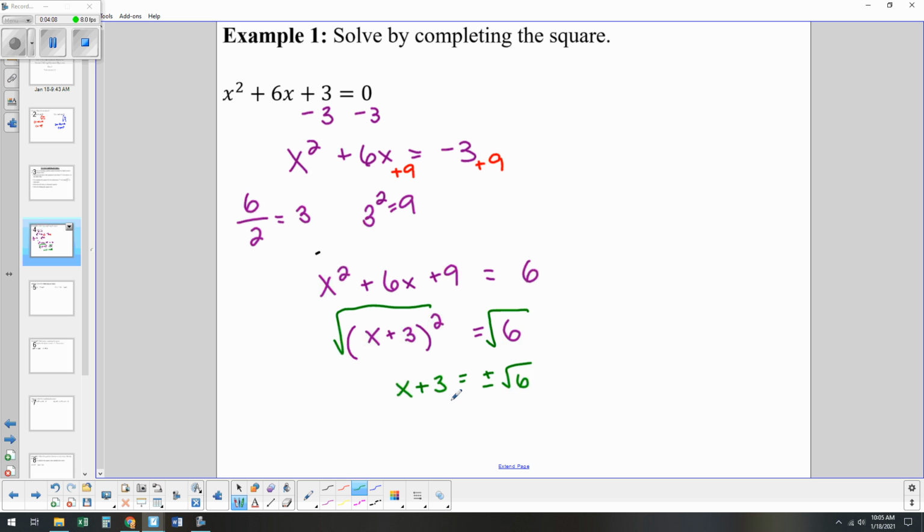And then I will subtract 3, x equals negative 3 plus or minus the square root of 6. And I can leave it like that, right? I don't have to turn that into decimals. It's more work to actually turn that into decimals. But if you had chosen to do that, let's see, you would have gotten